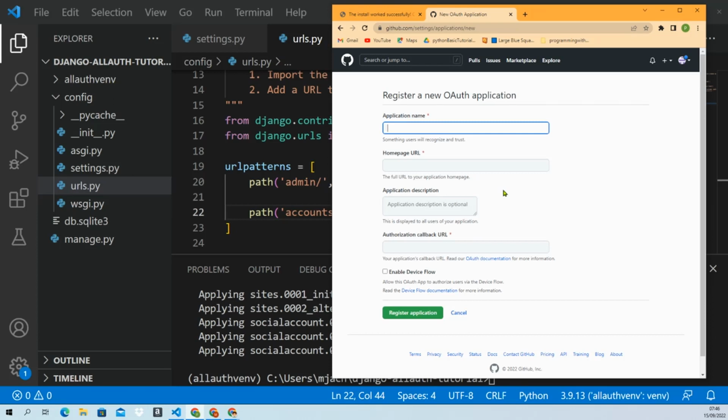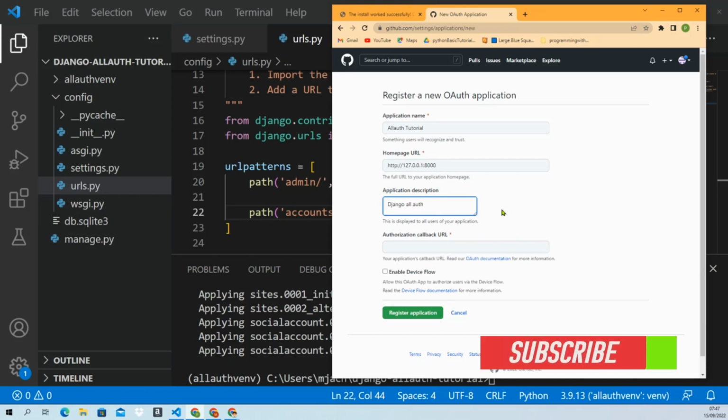So here are the settings. Okay, so give the name. What you want to name it is up to you, whichever you prefer, but the name should make sense for what you're doing. So give the name, all of the tutorial, let's say. And homepage URL, as you are using the local server, which is localhost, 127.0.0.1:8000. So write down http://127.0.0.1:8000, right? And the description is optional, but just give it all of the tutorial,